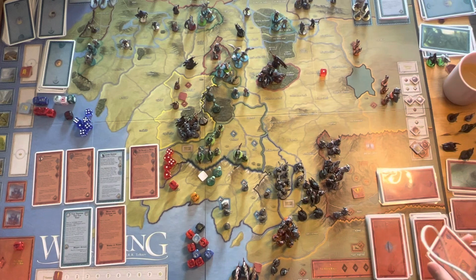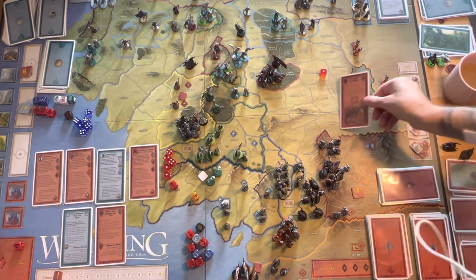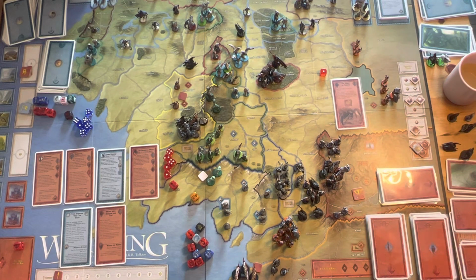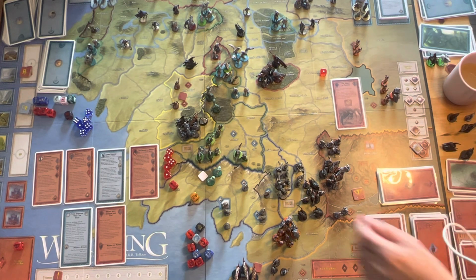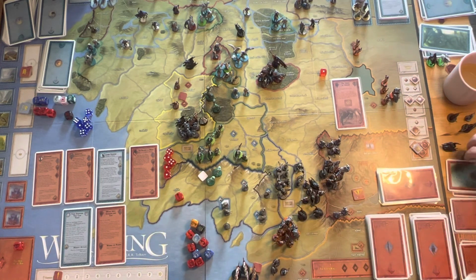And I will move... If Shelob's Lair has not entered play, enter it now. So I will also add Shelob's Lair to the Mordor track for later. So we'll add that one in. And that is going... Oh, we got one more leadership token. We can spawn another...